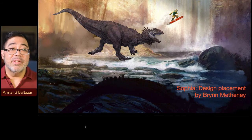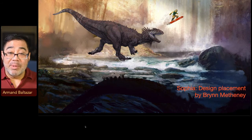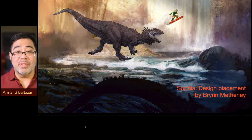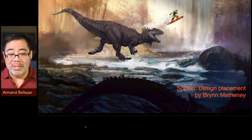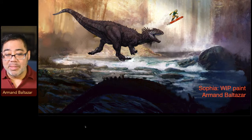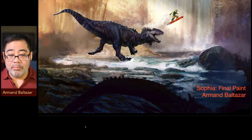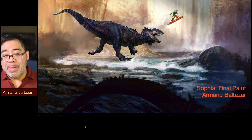Now this is Bryn's design placed across the top of my old design, my old dinosaur, and now I'm going to start to kind of bring it together. So the first thing I did was I started to push the color ideas even further on top of Bryn's original sketch. And then the next step